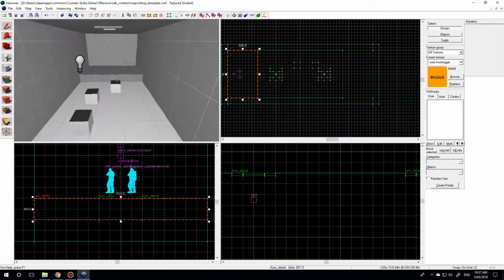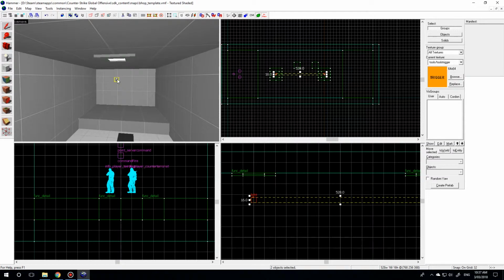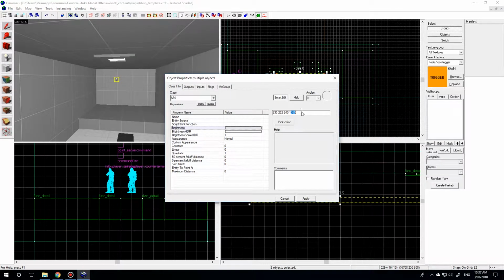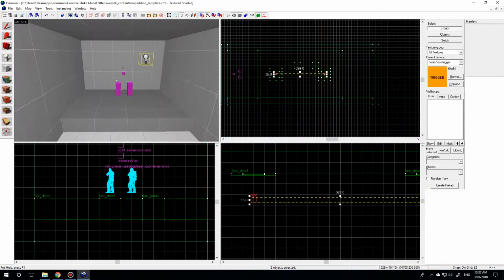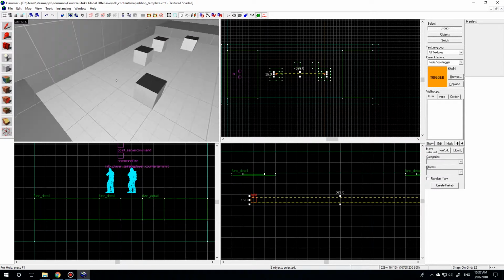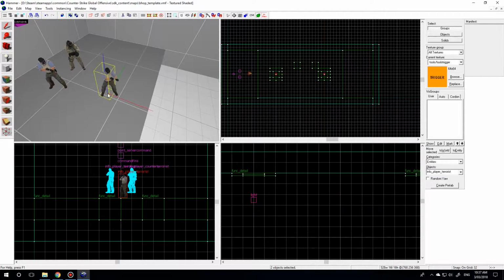Okay guys, I wasn't really happy with the lighting in that last test, so we're going to grab both lights, change the brightness to 1200, pick color, I'm going to change it back to a bit of a yellow tint. Pedantic, but that's what being an artist is all about. Okay, so now we need to add the teleports to the map, so the first thing we need is a